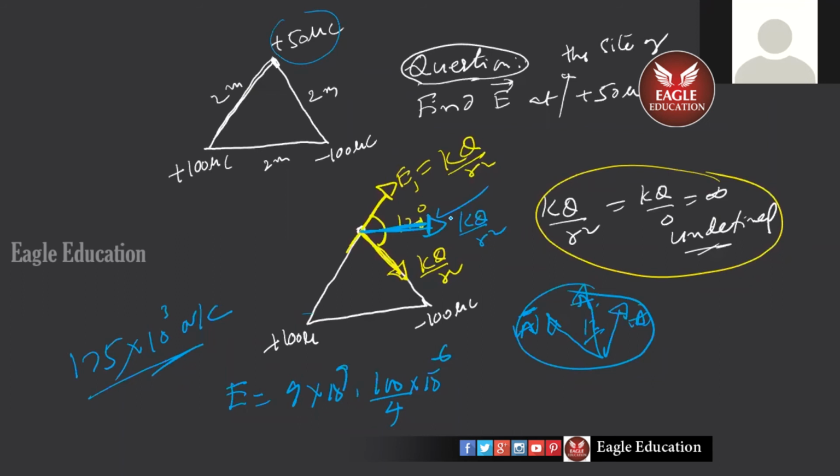Hello, sir. Sir, the electric field around plus 50 microcoulomb is created by plus 100 microcoulomb and minus 100 microcoulomb. Plus 50's field will be different from plus 100's. Plus 50's field will be there, and that will be affecting minus 100 and plus 100. Try to understand. So when I want to find the field of plus 50, I'll calculate.